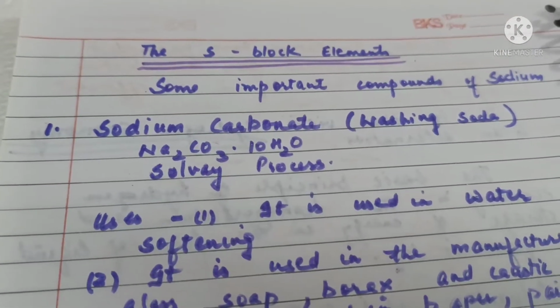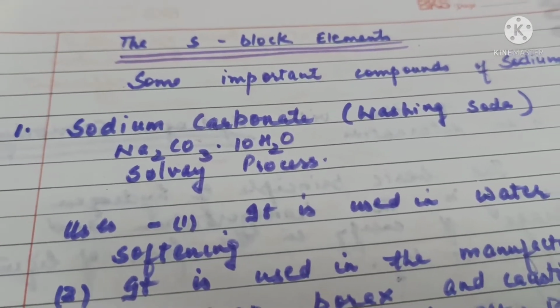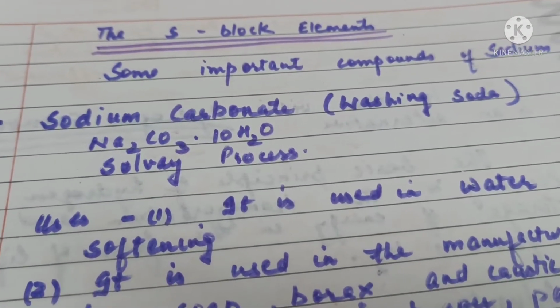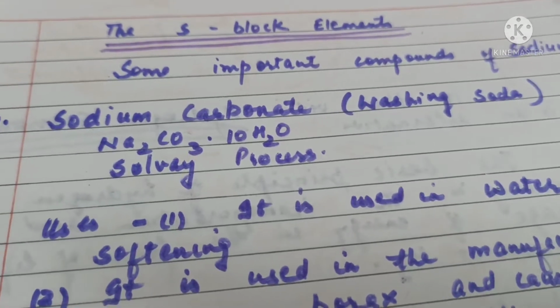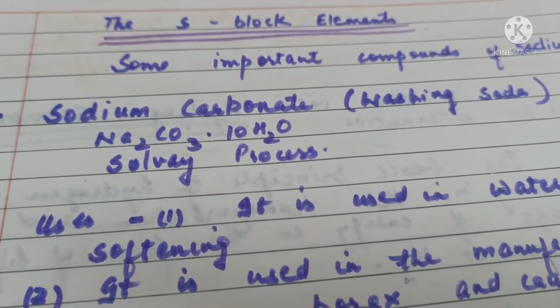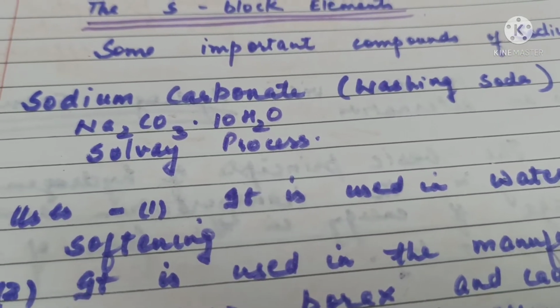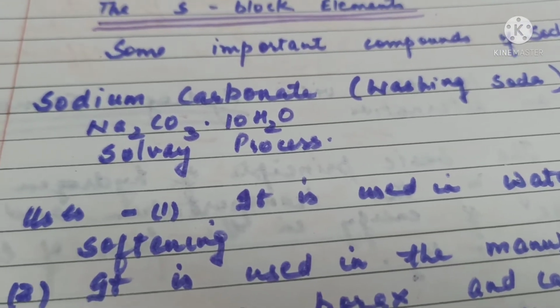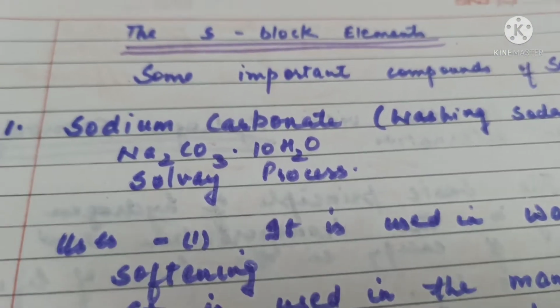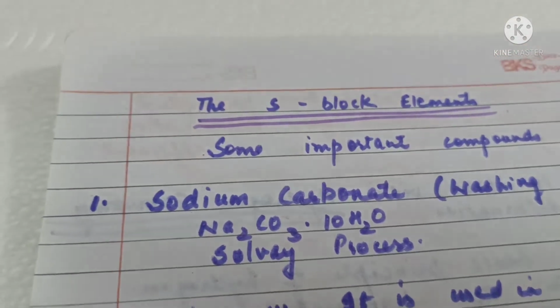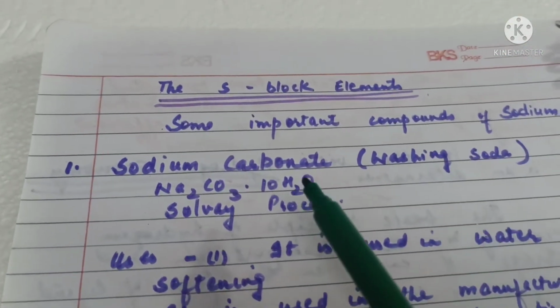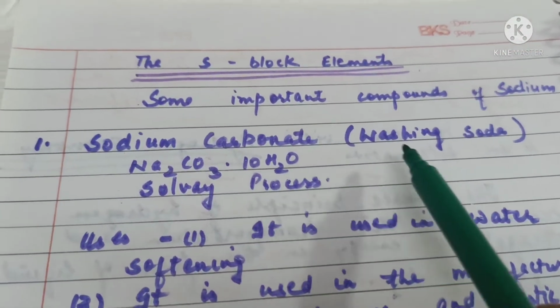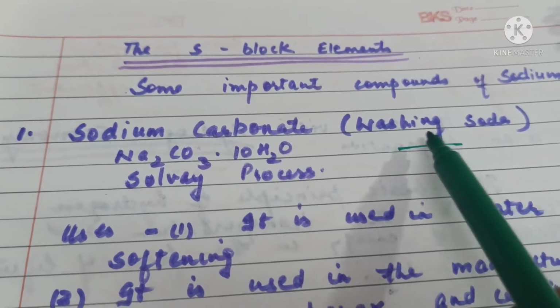Our topic for today is s-block elements, some important compounds of sodium. Along with that, we will do the introduction of group 2 elements, alkaline earth metals, and their physical and chemical properties. So let's begin. The first compound of sodium is sodium carbonate, and it is commercially also known as